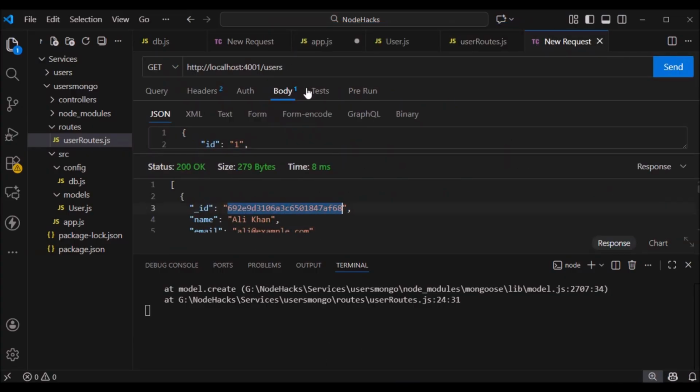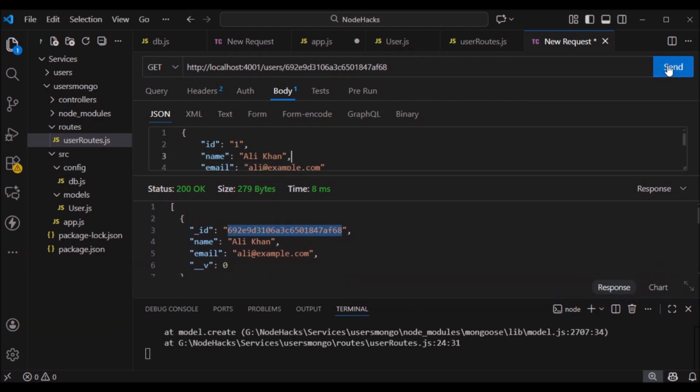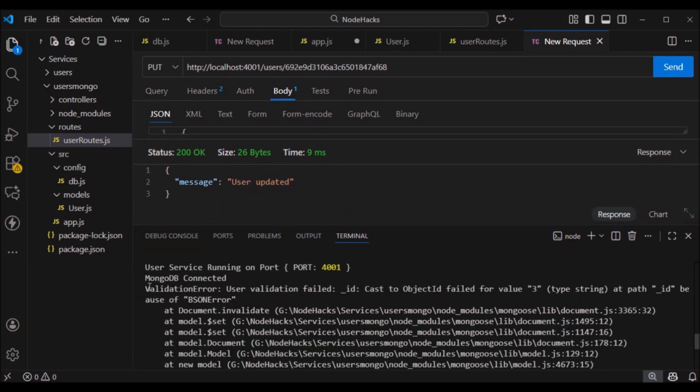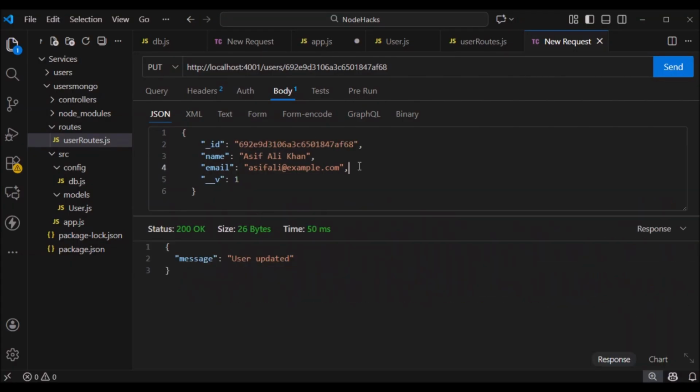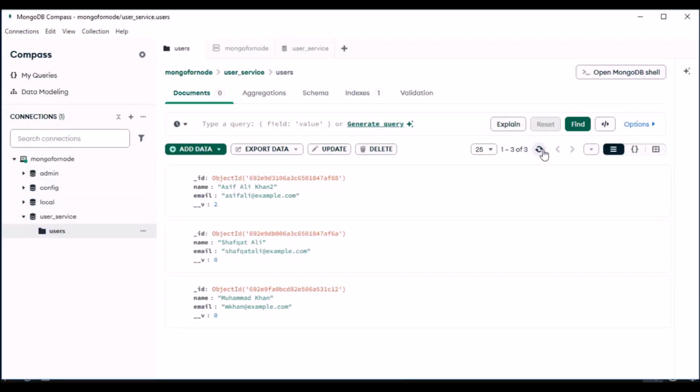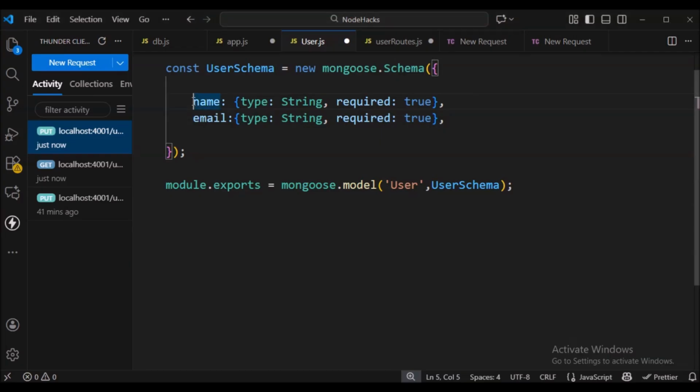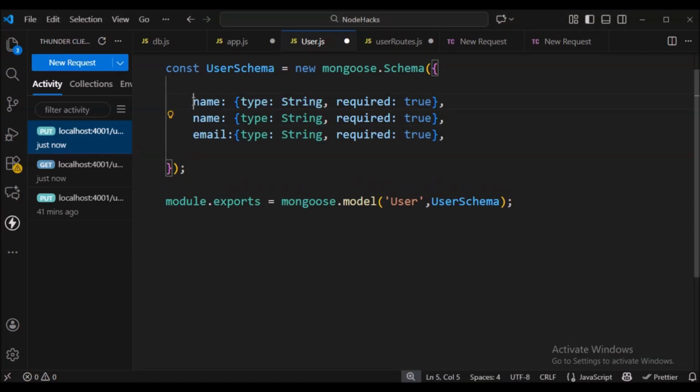But viewers, again if we want to change the ID, there is still a validation error. The thing is, we may not change the ID in this way. So if we want to change the name or email only, we have to skip ID from the body request. In that case, it will save the details. You can test it on your own. But if you want to change users from your own provided user ID only, in that case you have to set ID specifically into your user schema object as a number.